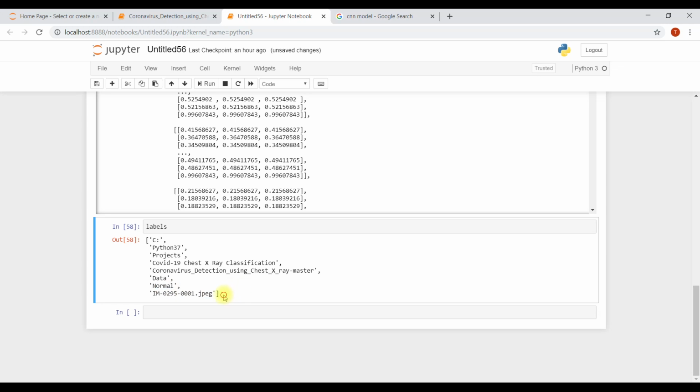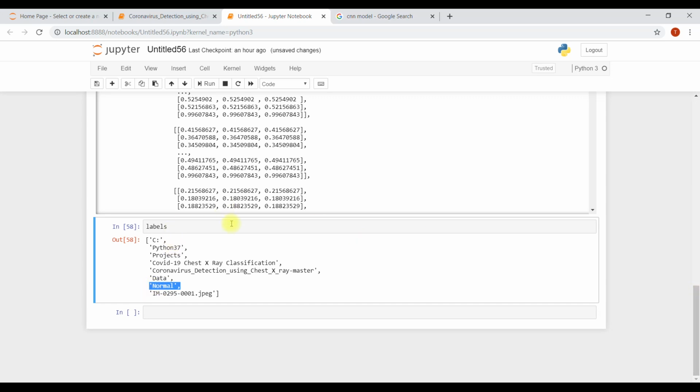So y minus 2 is basically indexing. When you are going forward, indexing starts from 0, but when you are going in reverse, indexing starts like -1, -2, -3. So we just need -2 now.